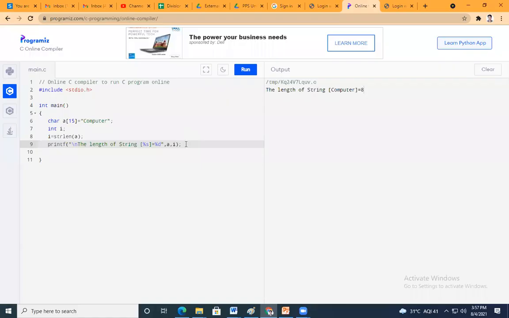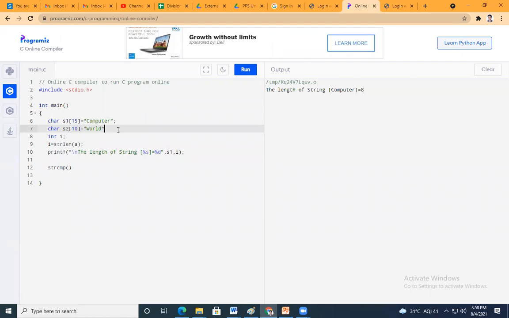After this, I will write here string comparison, but I need to take one more string. Now here I will use s1, and I will take one more character array, s2.